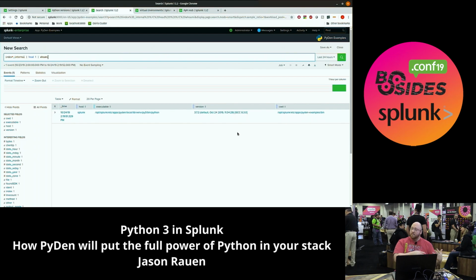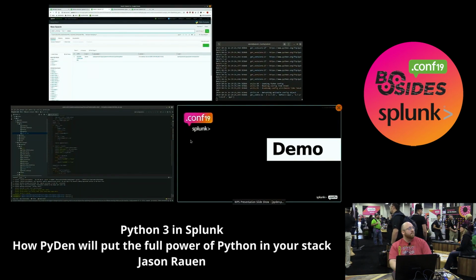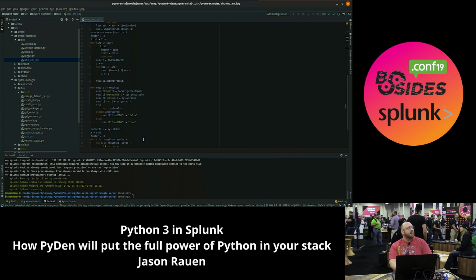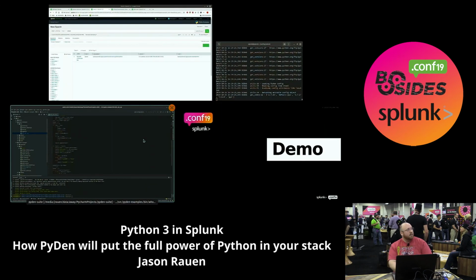Because the manager app shouldn't be in production because we're installing and compiling things, and that is not a user function. So best approach, I'd say, is you just dive into the location where that PyDen app is, and then